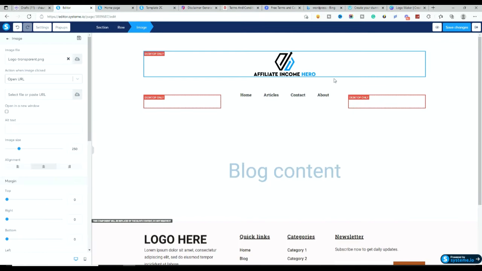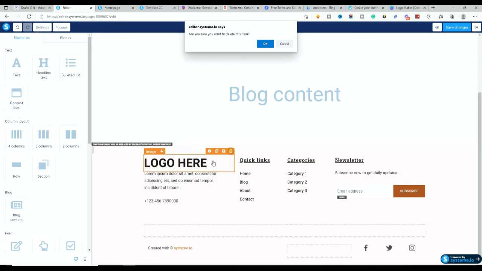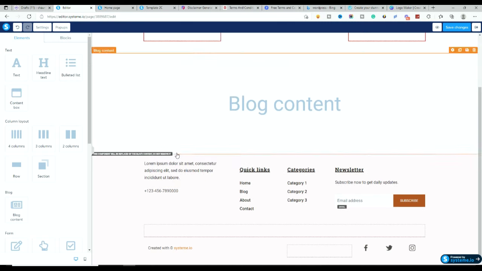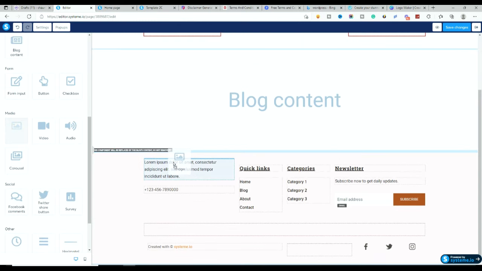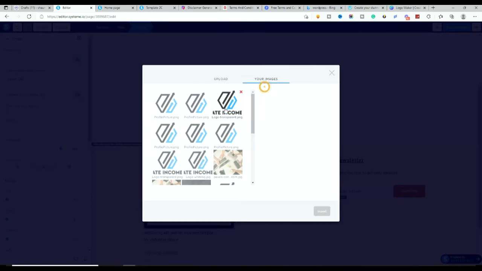Right, okay, so I've changed that header because I want that to be on every single page. Then this is where the blog content's going to be when we start writing our posts. And at the very bottom, we can see here in this section, again, I probably will change that to something else. So I'm going to get rid of that, and then I might just add my logo again. So above there, we want to add our image. So my image is that one,